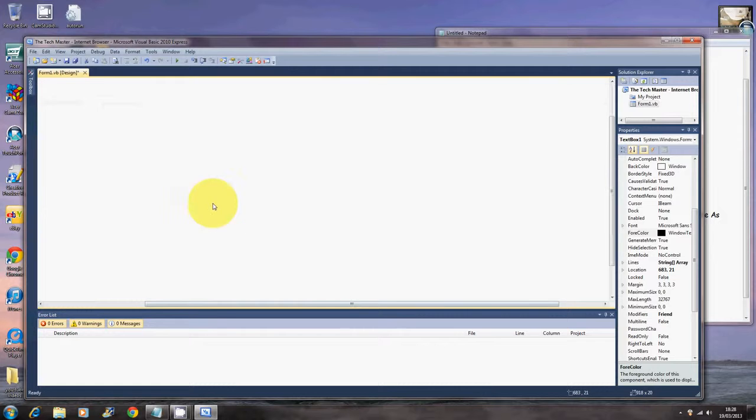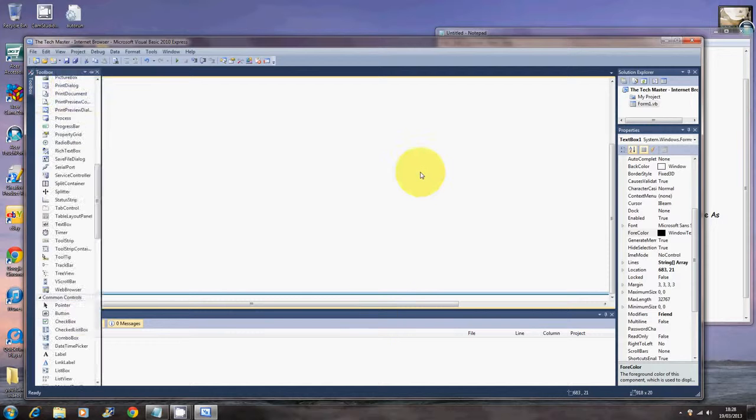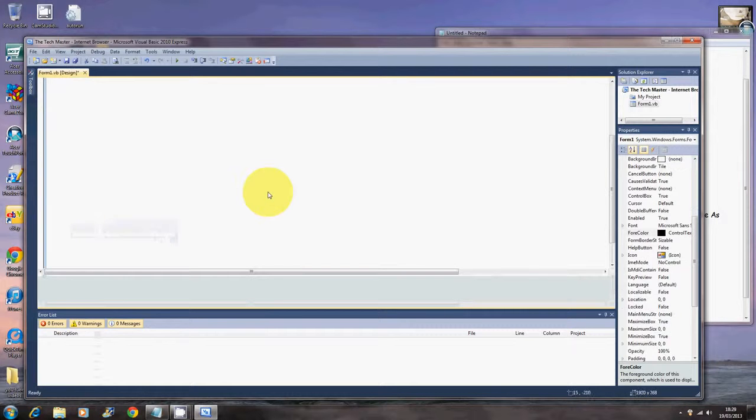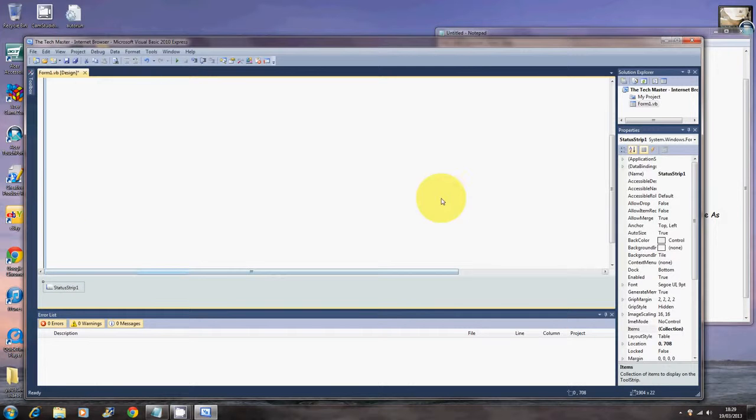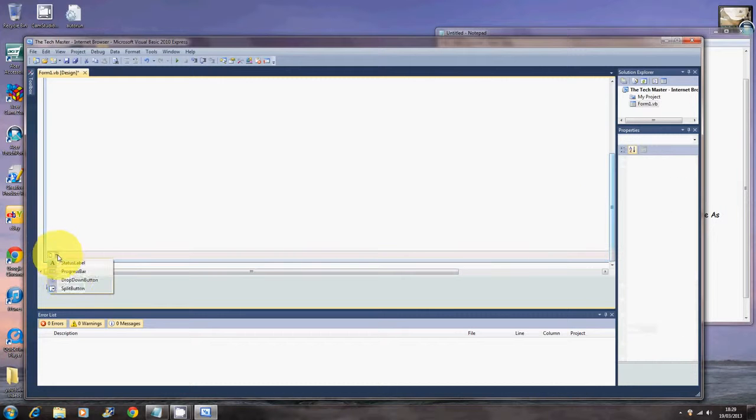Okay, and then what you need to do next is go into the bottom part here. Now you'll see there's no boxes here at all. There will be one in a second. This one will be called status strip. Now that is there now. Then what you need to do after this is click progress bar,